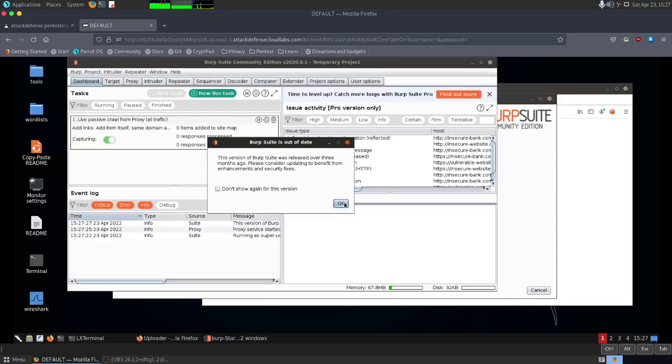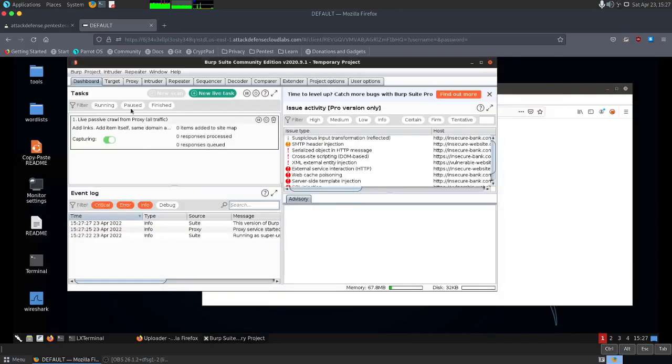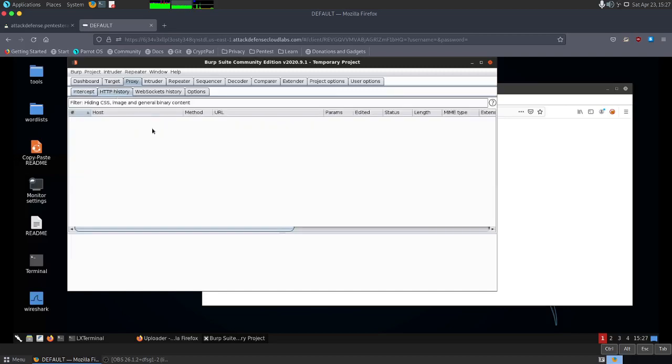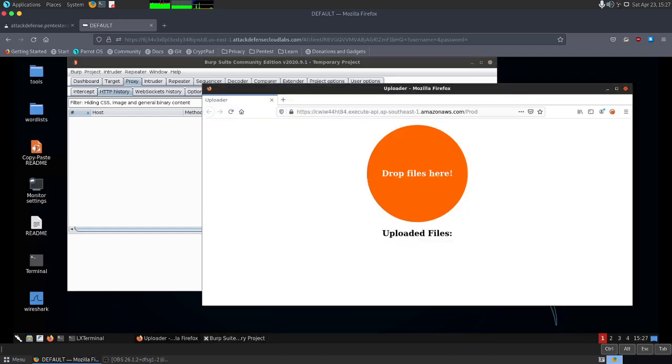See how the website looks like and what it is trying to do. We will go to this proxy tab. This is on intercept. I don't like intercept right now, so I will just put it on non-intercept mode, and we will go to the HTTP history tab, and then we will just simply click any file and try to drag and drop here,